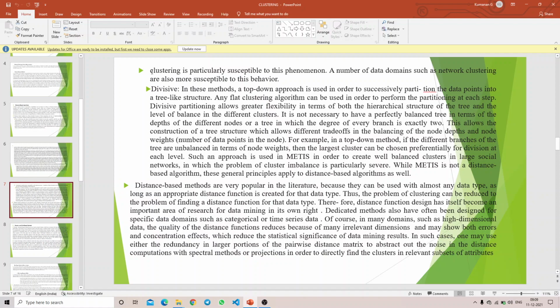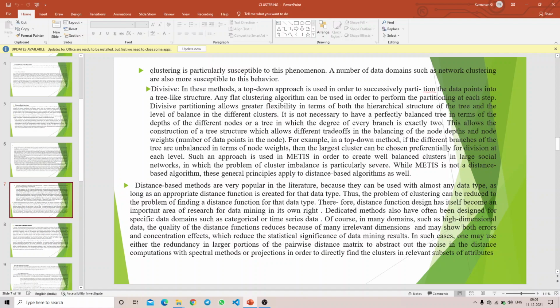This allows the construction of a tree structure which allows different trade-offs in the balancing of the node depths and node weights. For example, in a top-down method, if the different branches of the tree are unbalanced in terms of node weights, then the largest cluster can be chosen preferentially for division at each level. Such an approach is used by METIS in order to create well-balanced clusters in large distance networks in which the problem of cluster imbalance is particularly severe. While METIS is not a distance-based algorithm, it is a general principle